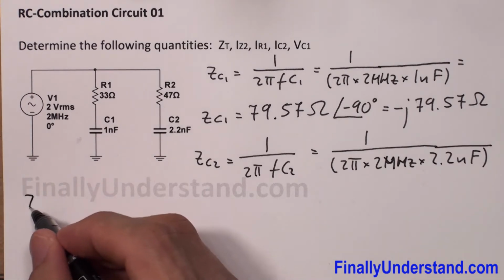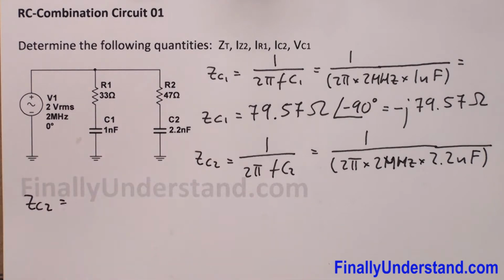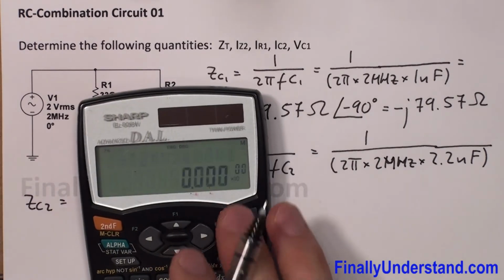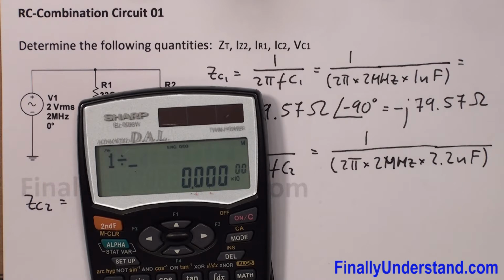So I have ZC2 is equal to 1 divided by, open parenthesis, 2 pi times 2 exponent 6 times 2.2 exponent negative 9, close parenthesis. This is equal